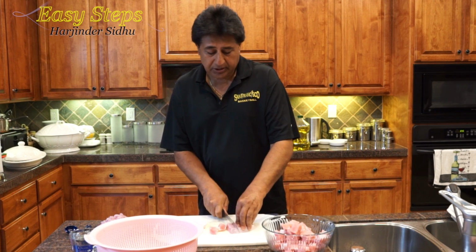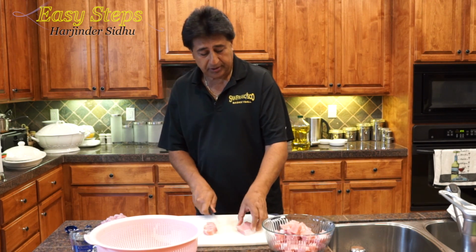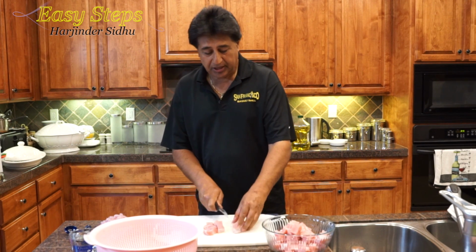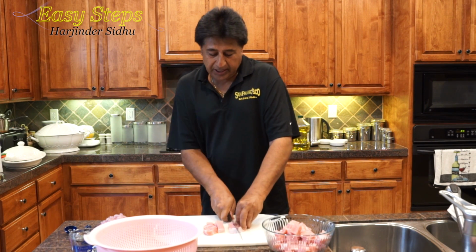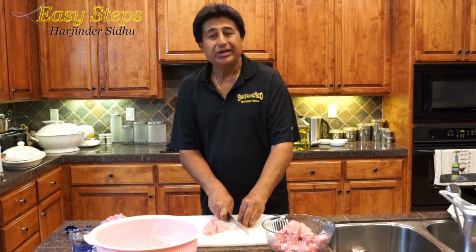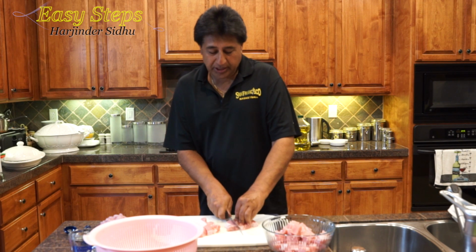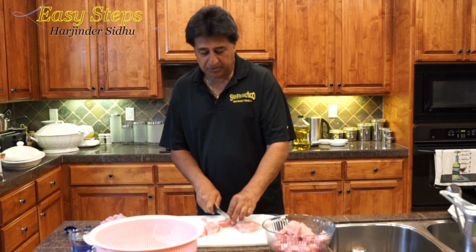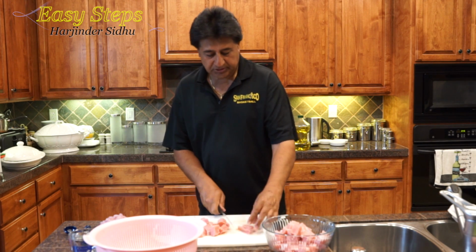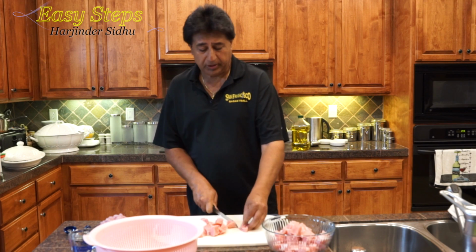This is a really delicious recipe. I made it the other day and everyone loved it. Red onions, the reason I'm using them, they are sweeter. And when you eat them, they give you some sweetness in the curry, and then you are adding red chili powder and black pepper. So these are perfect sizes of pieces, and you can use any meat, whatever you prefer, but